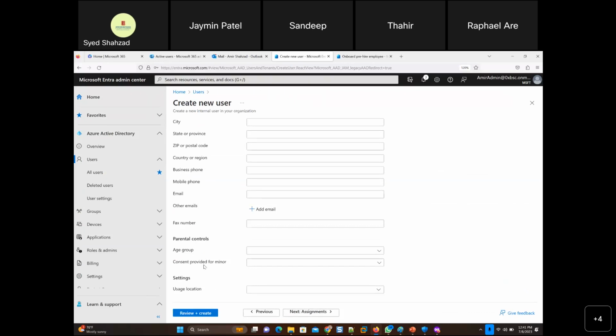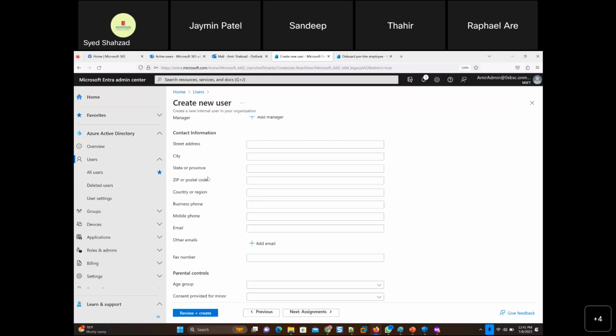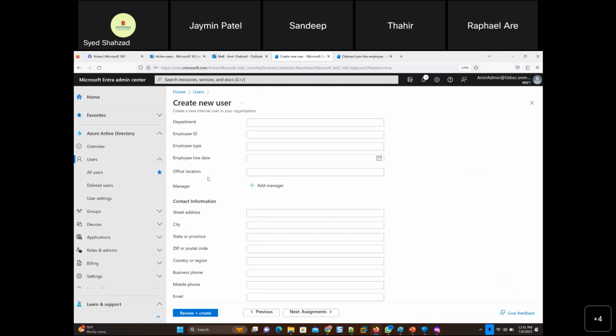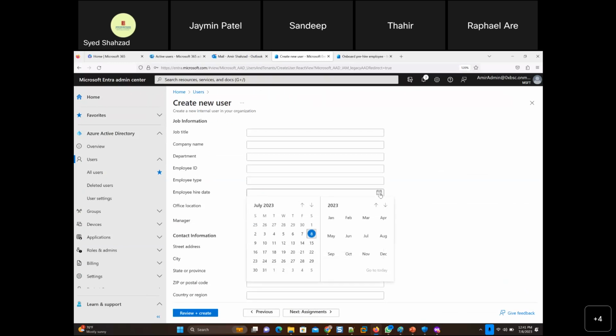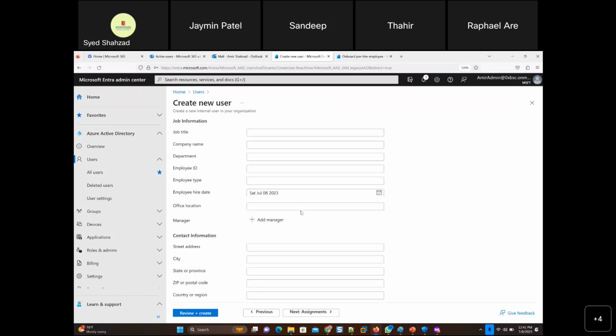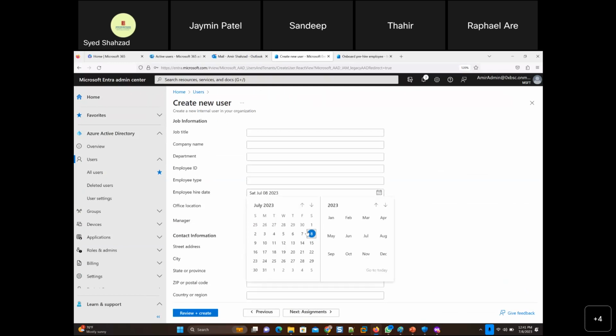Usage consent right for minor is business setting, manager, employee hire date. There it is. Enjoy version tab. Ah, wow. Okay, thanks. This is here. Okay, after 7 days, right?